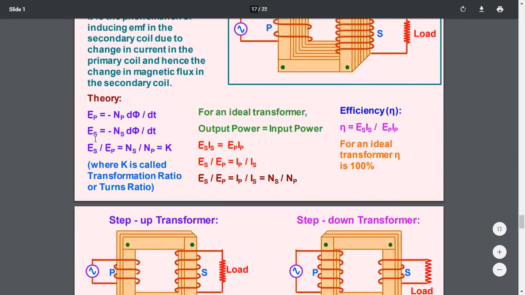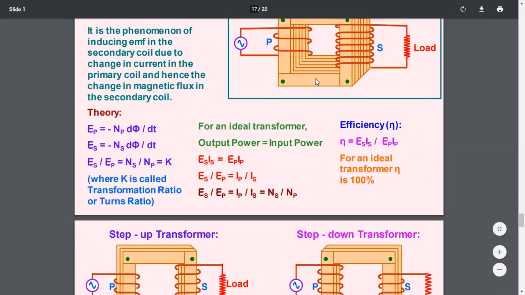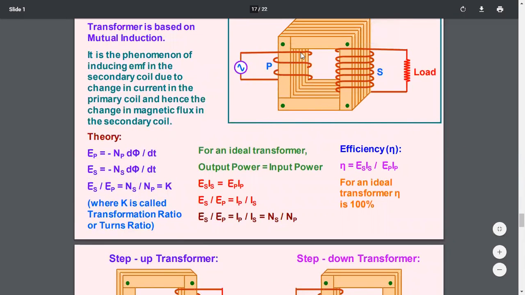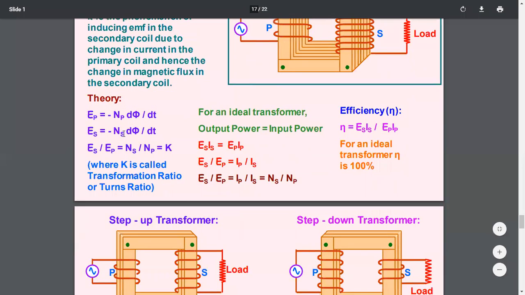So similarly, EMF induced in the secondary coil is given as E equal to minus Ns d phi by dt, because Ns is the number of turns in the secondary coil, and the rate of change of flux, d phi by dt, will be the same for both, because the magnetic field associated with them will remain the same, as the same current is causing the magnetic field here and here. The only difference is that the number of turns will increase the flux, and if the number of turns in both coils is the same, the same amount of flux will be changing there.